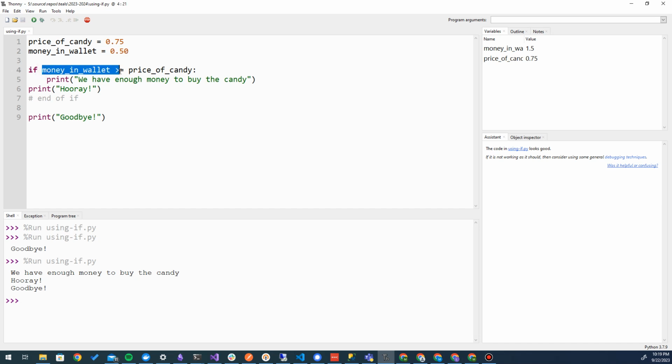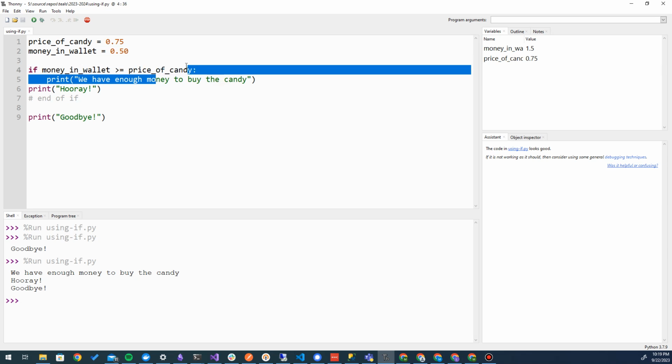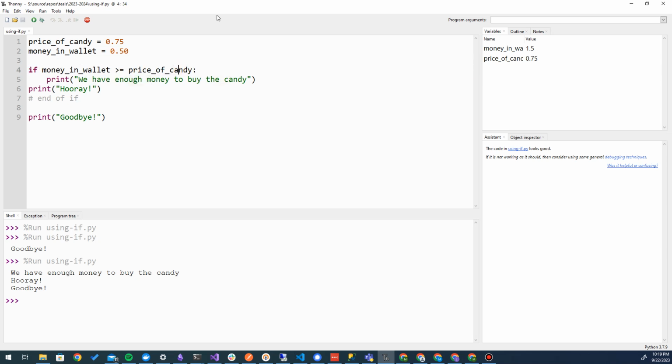Our money in wallet is greater than or equal to the price of candy is false again now, right? Because we know that we only have 50 cents in our wallet. If we run our program, we should not see we have enough money to buy the candy, and we shouldn't see hooray, right? But we do see hooray because essentially by